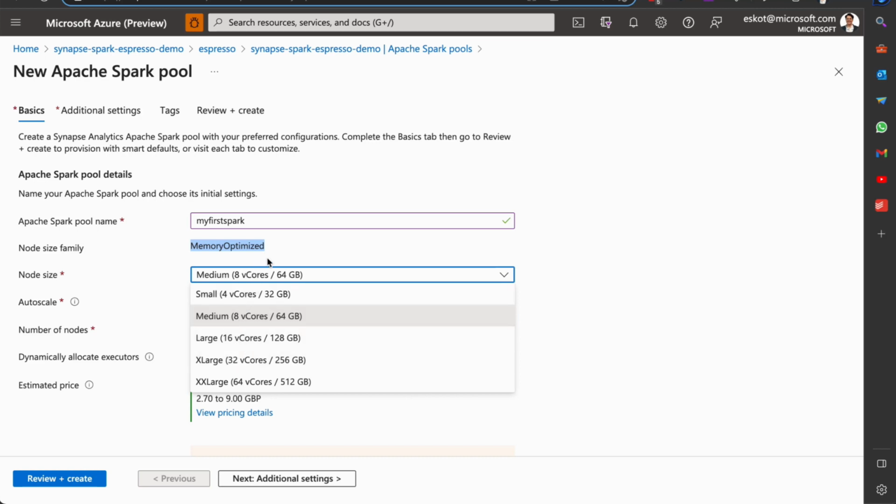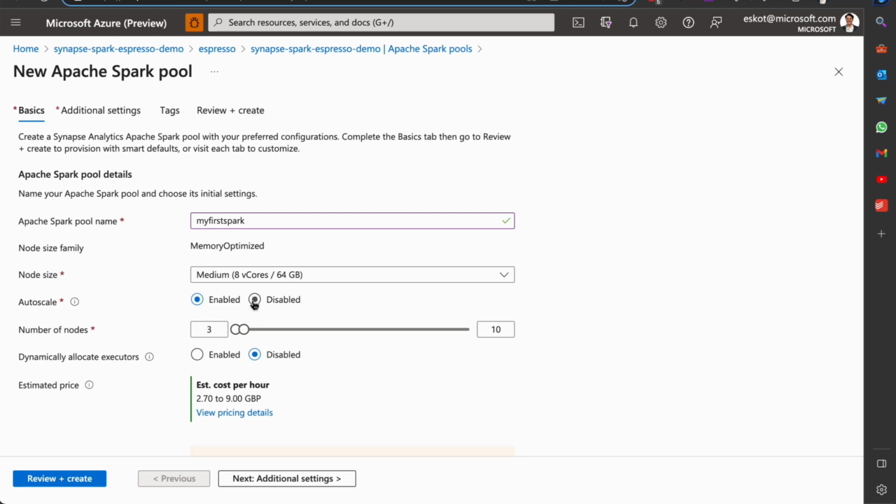Then we have an autoscale feature that automatically adjusts the number of workers in your Spark cluster based on workload demand. That helps to optimize resources and reduce costs overall. Then we have the number of nodes that reflects the initial number of virtual machines that are provisioned for your Spark cluster. You can increase it or decrease it using autoscale. We will do that for you. And we have also dynamic allocation of executors. When it's enabled, Spark will automatically add or remove executors based on the amount of work that needs to be